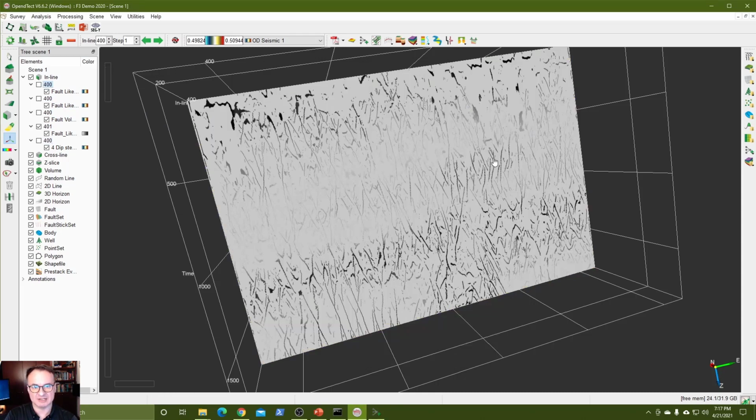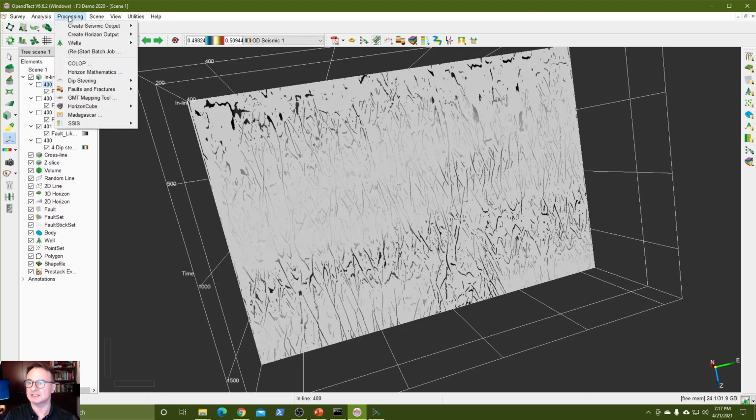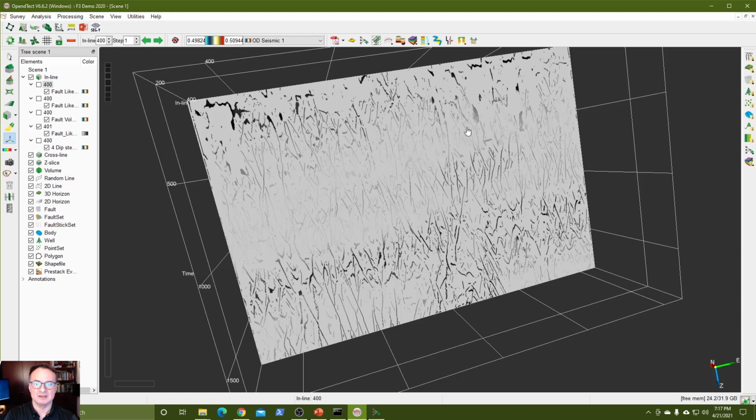This data was created using the faults and fractures tool, which we find under processing faults and fractures, and it uses a lot of computational effort. A volume this size can take several days, depending on the hardware, to come up with this volume, but it's already been done, and we're going to use it as a training data set, a label data set for our